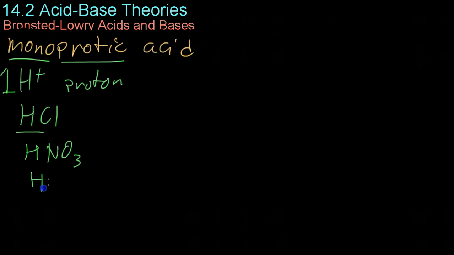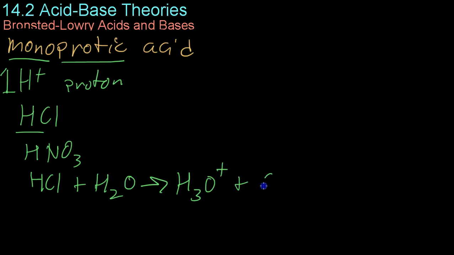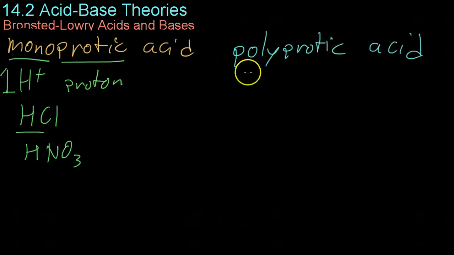Once the hydrogen chloride has gone into solution, it is completely dissolved into its constituent ions. So there's nothing more it can donate. It's already left with solely a chlorine ion, and it's already given its proton to form the hydronium ion over here. Now, polyprotic acids, as you may have already guessed, are acids that give up more than one proton in